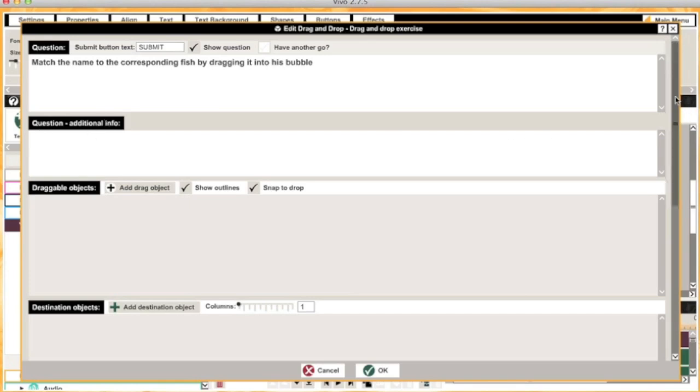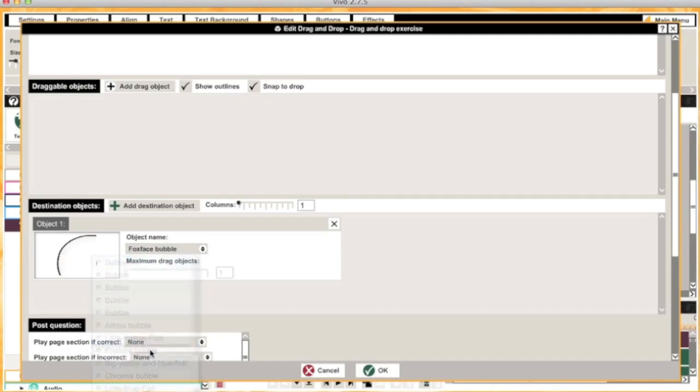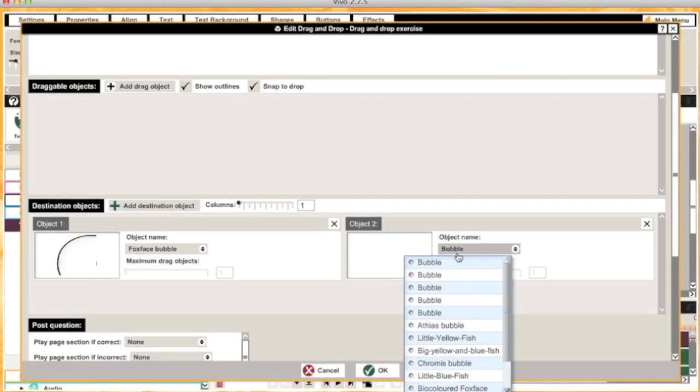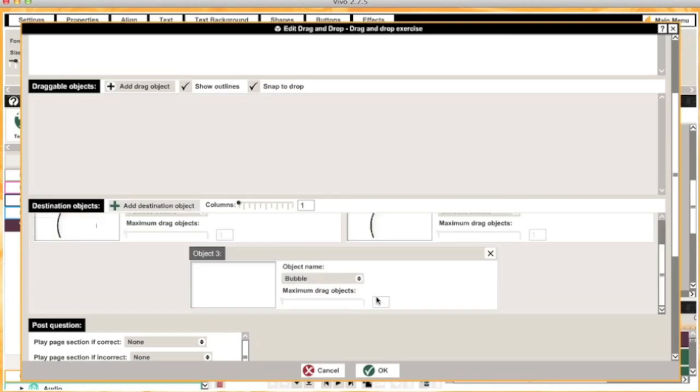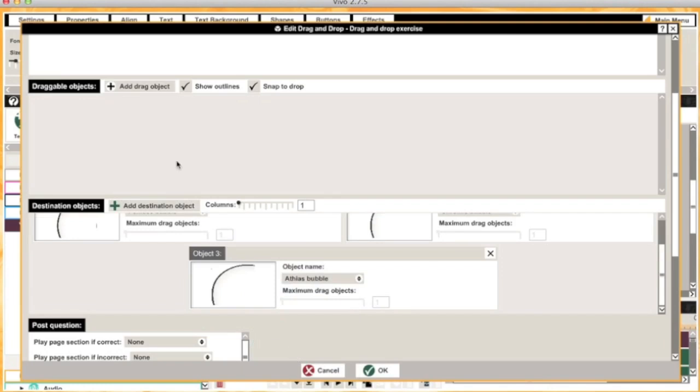I'm just going to leave that and jump down to where you select which objects you want to drag onto what. I always start by adding my destination objects first, which in this case is going to be the fish's bubbles. So you just need to click on Add Destination Object and select the correct bubble. And I'll do that for the other two as well. Once you've got those in, you'll need an object to drag onto them, which in this case is the text